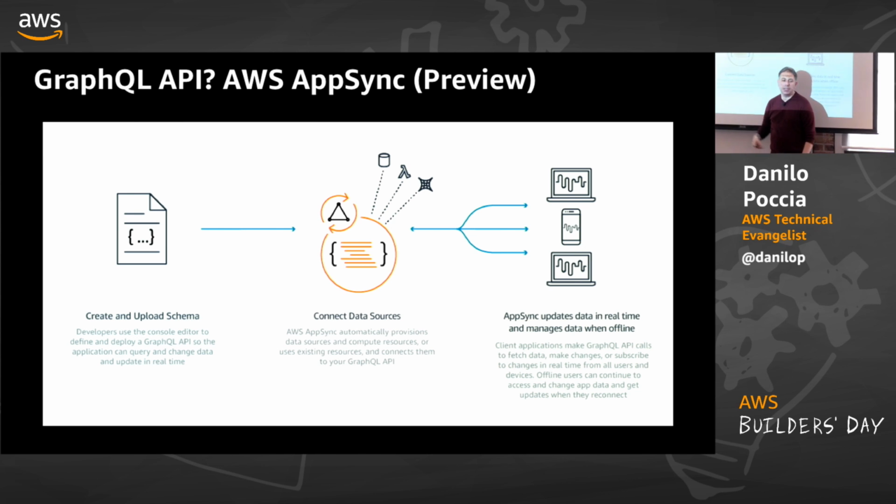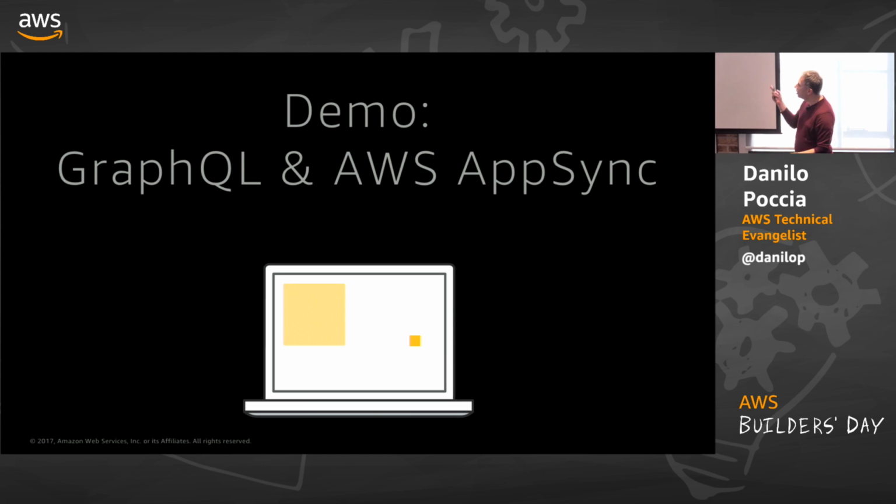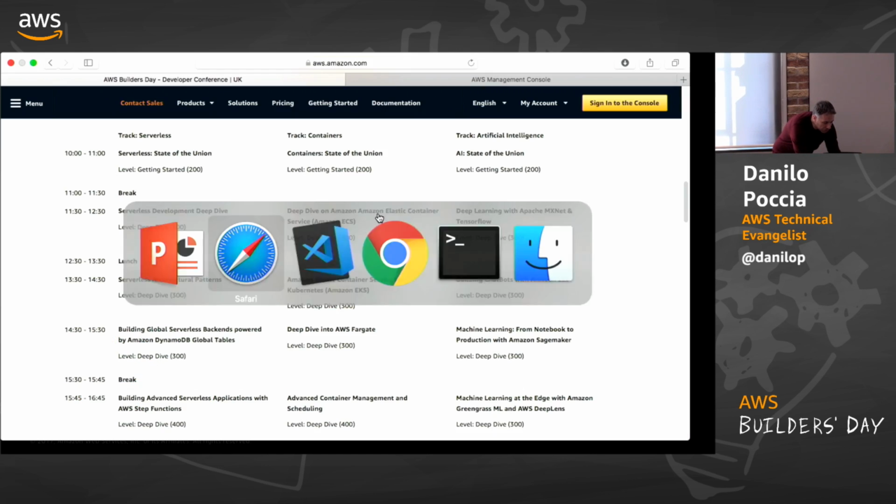We use WebSockets transparently in the browser or in a mobile app to manage all this complexity for you, so that you can receive the notification in real time. And normally, you would just subscribe a function that is triggered every time something changes. So just to give you a very, very quick view on how this works,